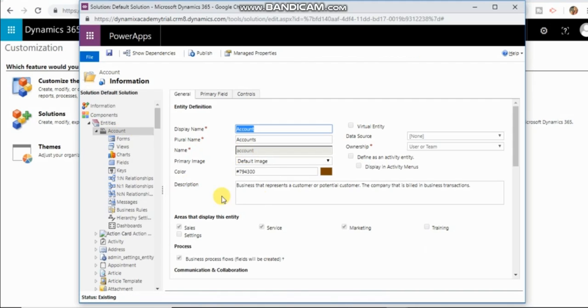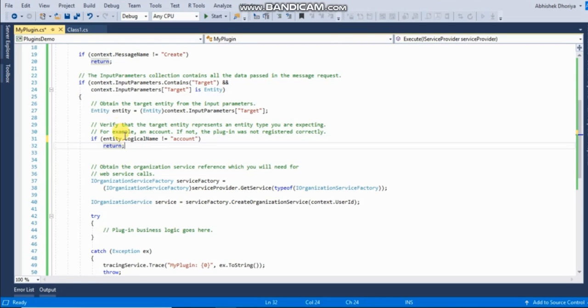So as you can see, entity definition information is found on this page, and this name is nothing but the schema name or the logical name of that entity, which will always be used in your plugin code whenever you are dealing with the plugin. With this, we are making sure that this plugin code will always trigger on the create event. If it is not the create event, the execution will return from here. And the next step, we are checking that it should trigger on the account entity. If it is not the account entity, and you are just creating a regular contact in your system, then this plugin will not get triggered.